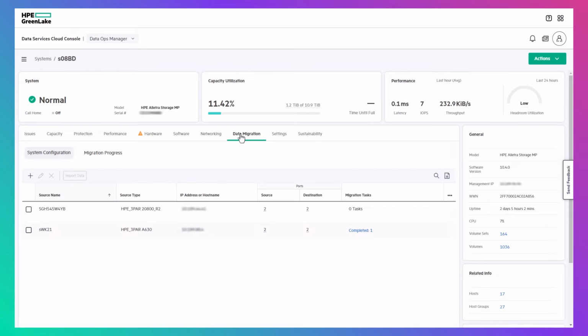Migrations in DSCC are based on the GreenLake for Block Peer Motion feature, which allows you to migrate volumes without application downtime. The first part of a migration involves establishing communication between an HPE 3PAR source array and an HPE GreenLake for Block storage system. There are two storage arrays that have already been configured, but I have some VMware data stores on a different 3PAR 8400, so I'll need to create a new setup.